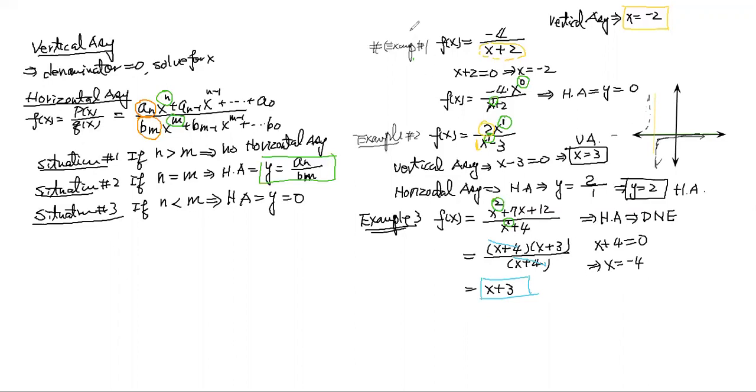So that's what this number here, x equals negative 4, is what we call a hole here. Right? Or you can say it's a zero, or it's a hole there. So let's take a look at it if we graph it, right? Okay, so if you graph it,